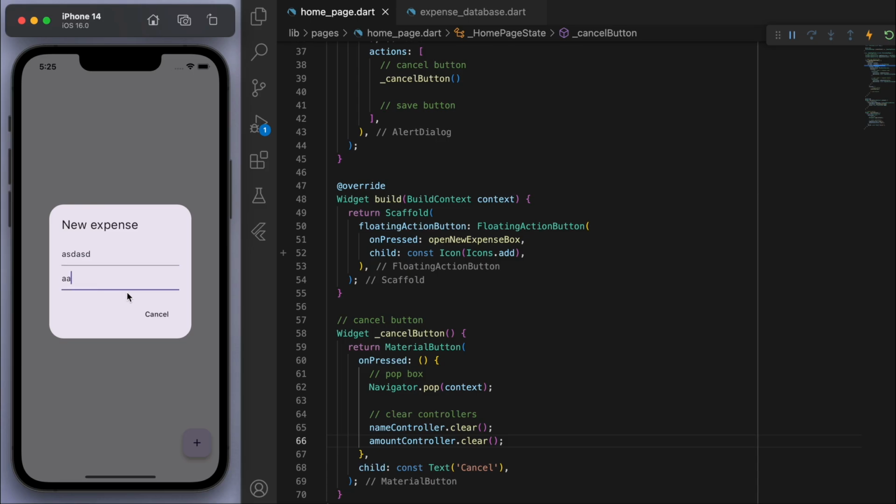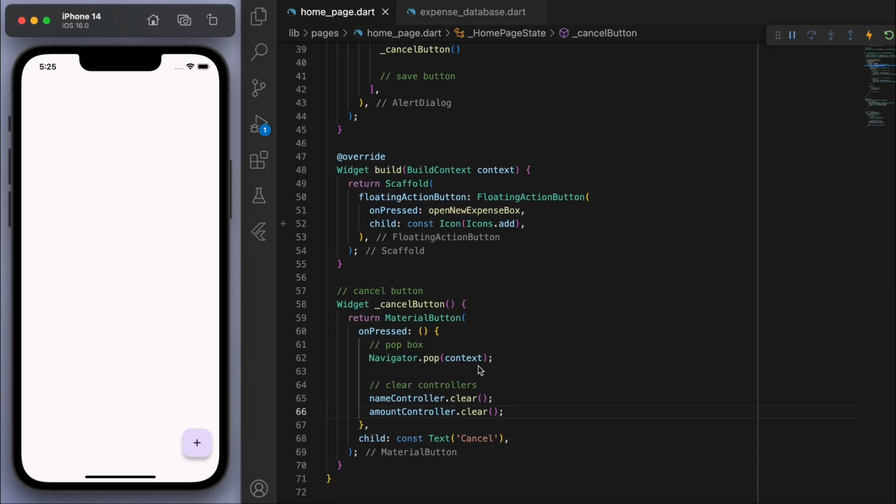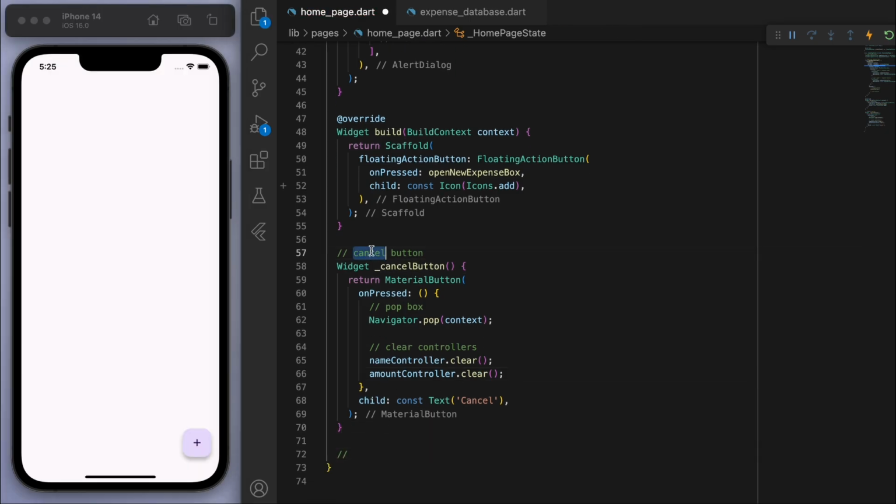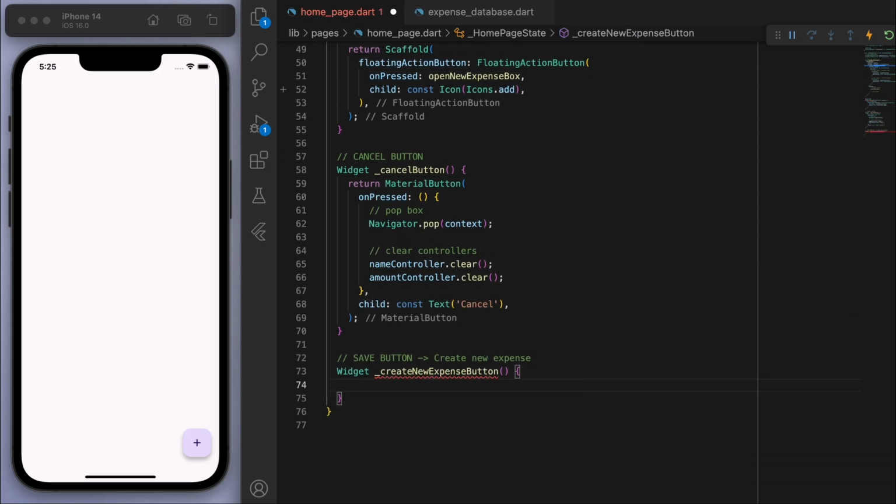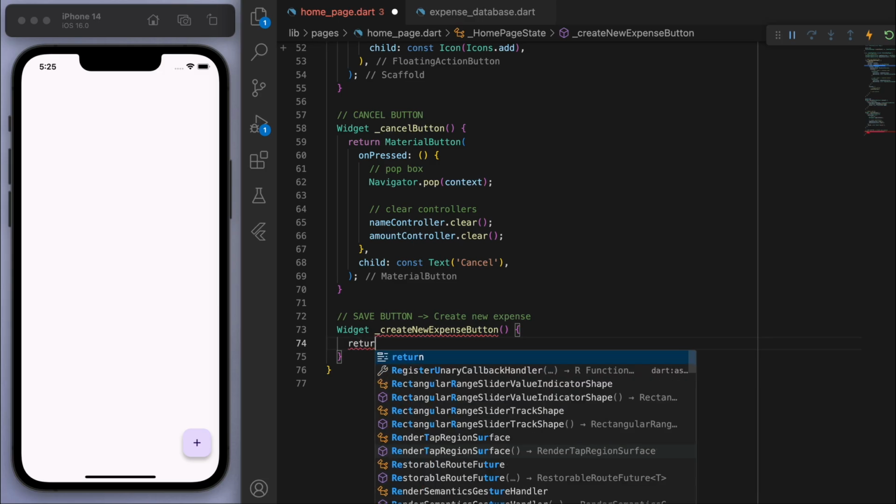So if I just try this out, you can see I can type stuff in and I can cancel and then it'll pop the box. So that's a very easy one, the cancel button. Let's create one for the save button. So this will be a very similar situation, except on the on pressed,